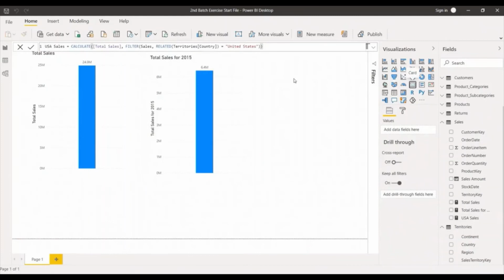Now we add a card here just to display the numbers, and select USA sales. You see the USA sales is calculated as 7.94 million. That's how the CALCULATE, SUM, COUNT, FILTER and RELATED functions work in combination, relating all the tables to get our numbers.